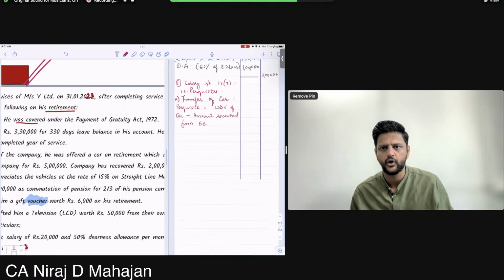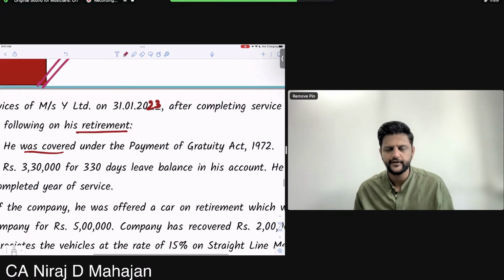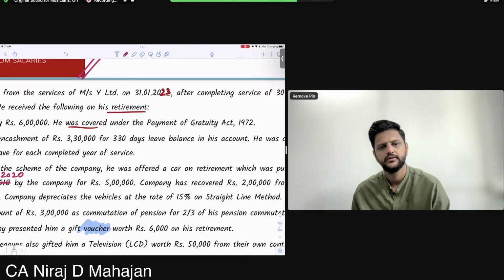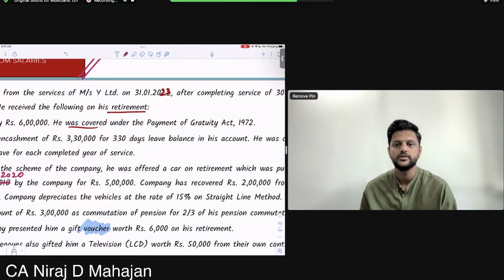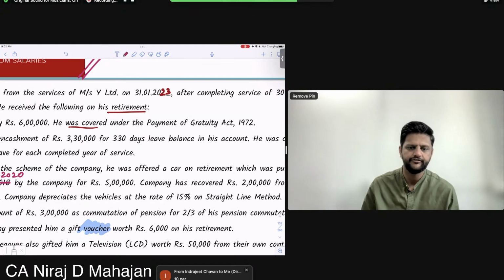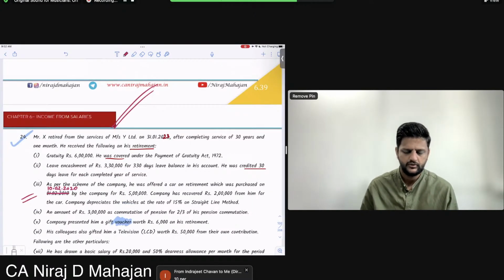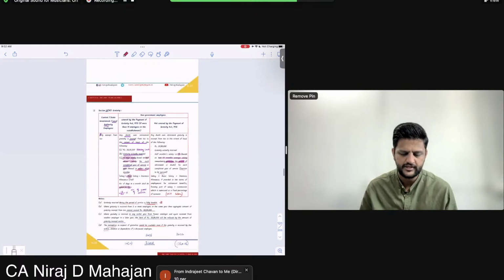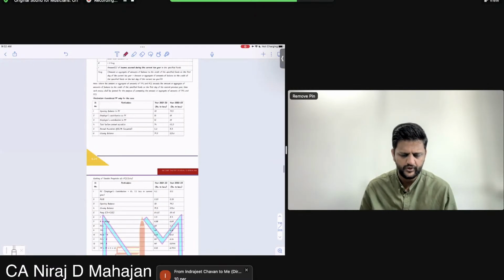Why do you change the law? You don't have any right to change the law, isn't it? So what does the law say? What does the rule say? You have to go back to the transfer of movable assets rule. It is motor car. For motor car we have a different rule or no? Only motor car is different, remaining is 10% SLM. What was it? Check.